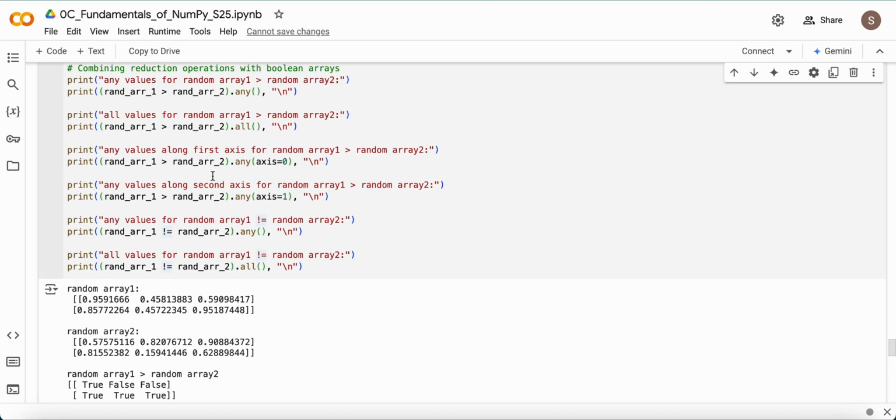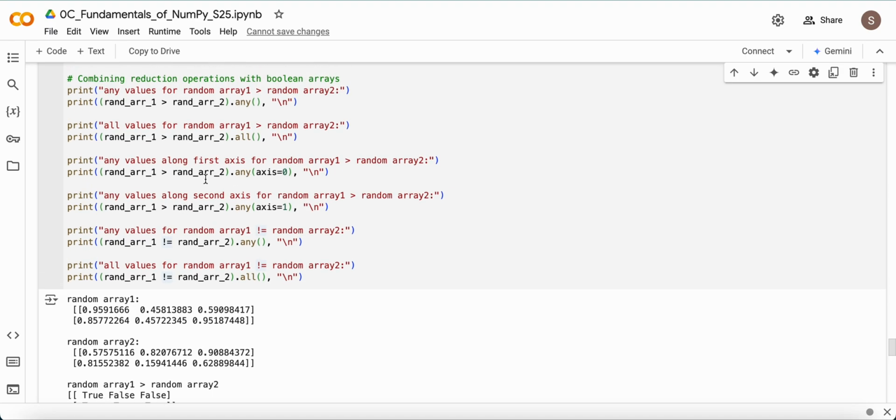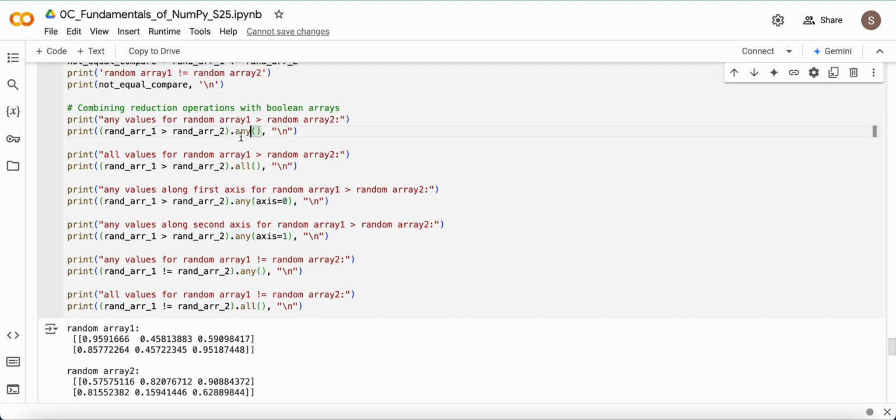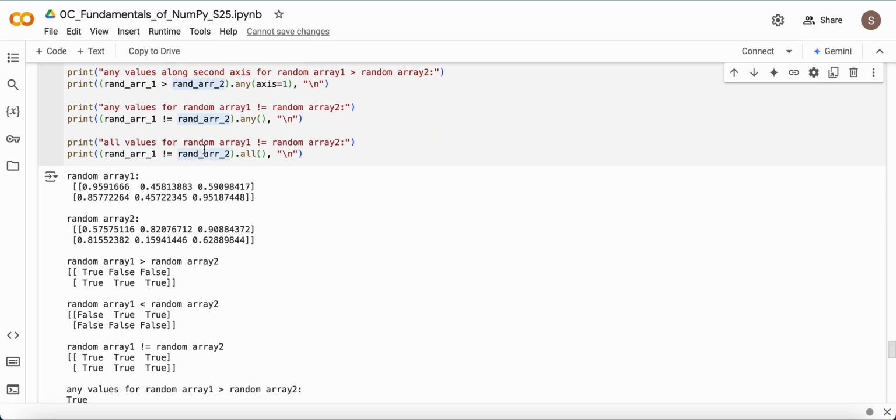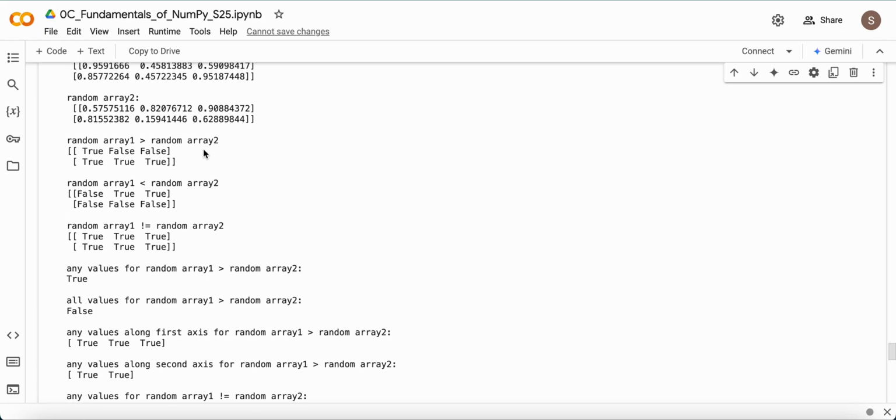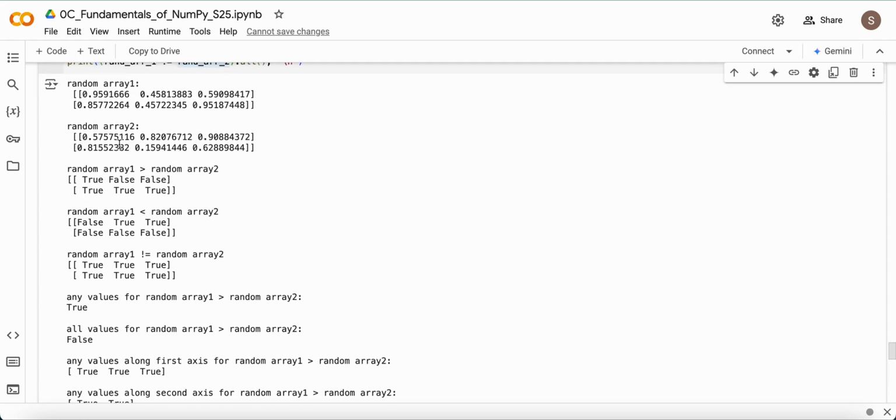Now we'll move on to another one. We'll look at .all and .any. It compares whether any element of array 1 is greater than any element of array 2. So obviously there exists an element in array 1 which is greater than an element in array 2,